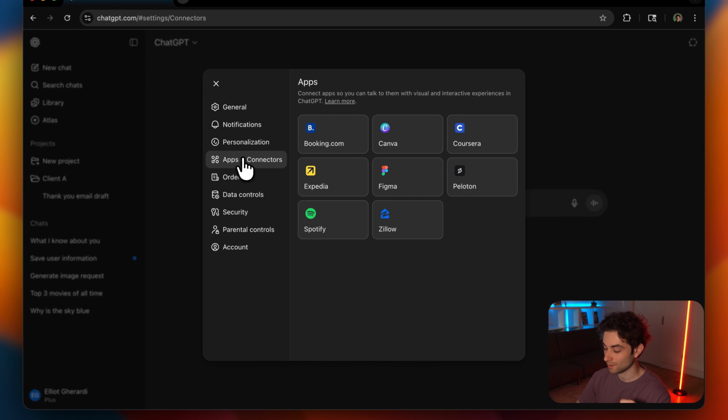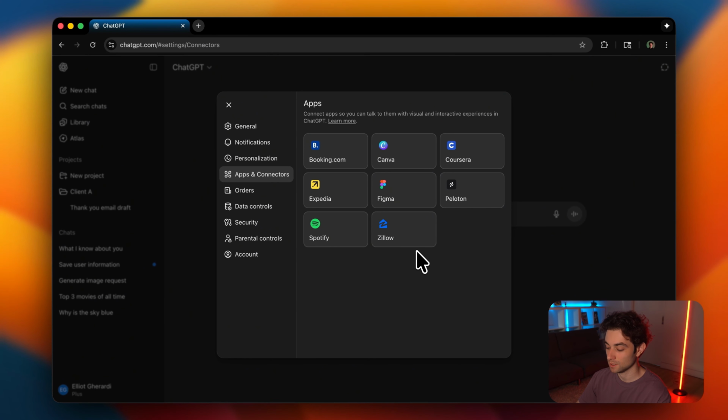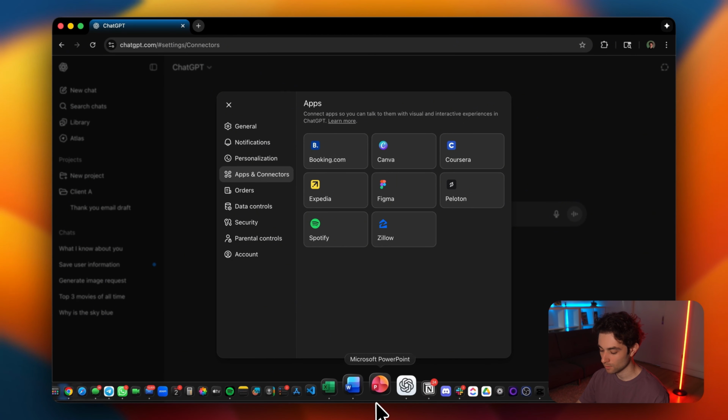Now if we go to apps and connectors, this is where it gets pretty powerful. You can actually connect apps directly into ChatGPT, so it already has context on what you're working on. And you can download ChatGPT on desktop. I usually recommend doing this on Mac. I personally prefer using this in the browser, but if we open ChatGPT down here, this will be connected to